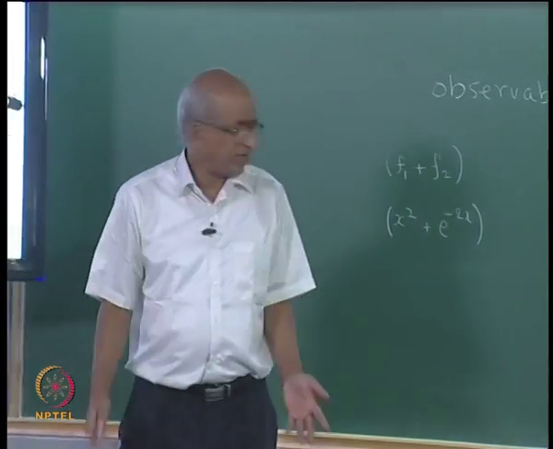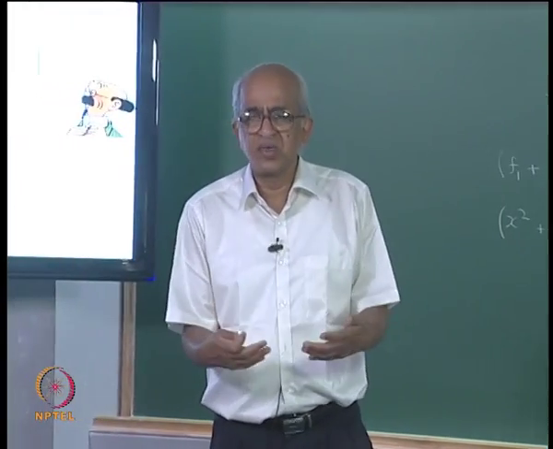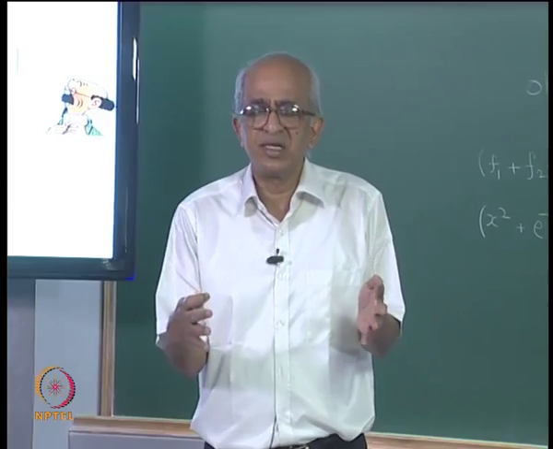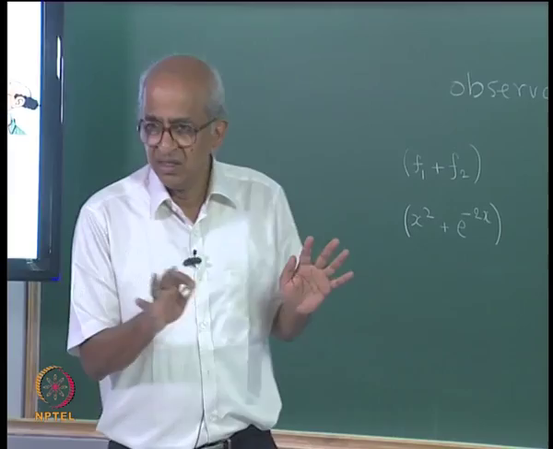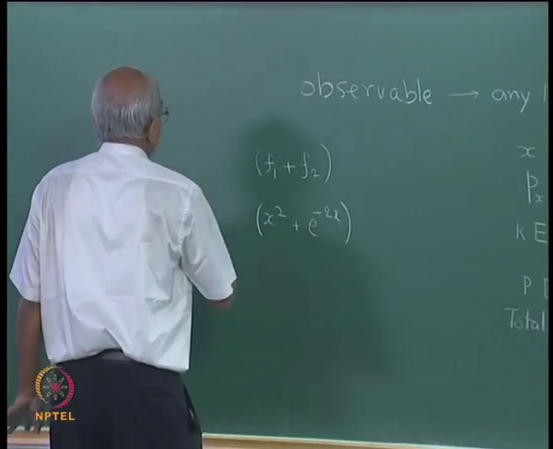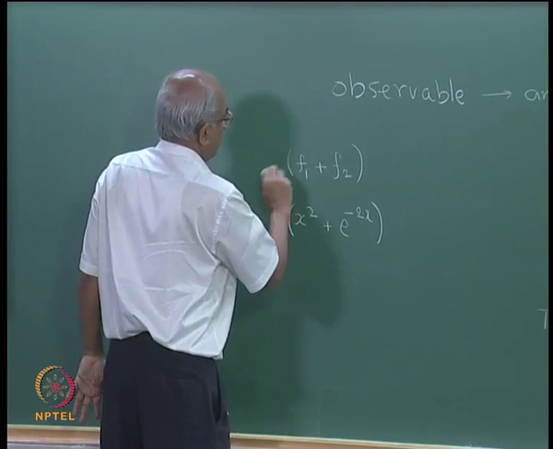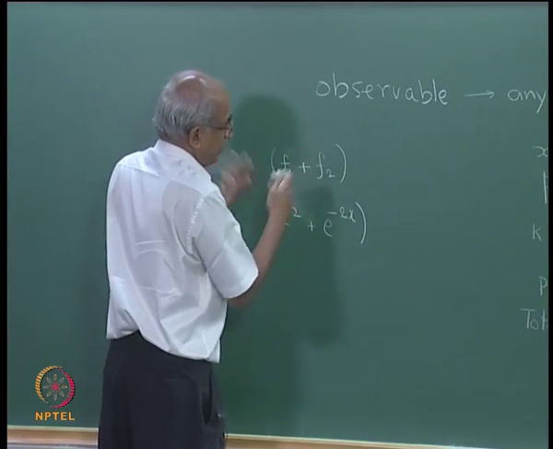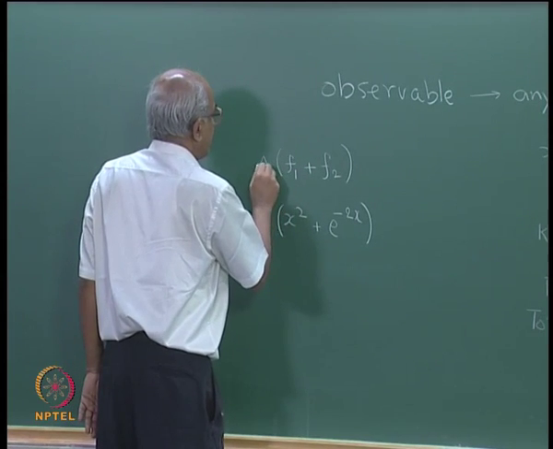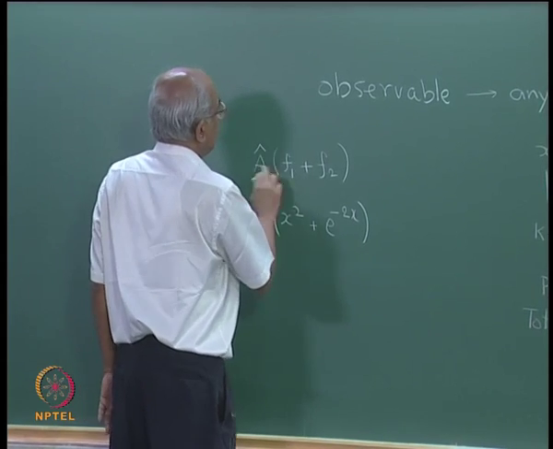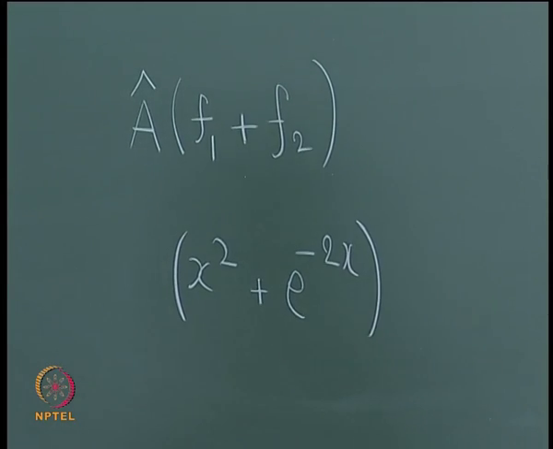They do not have to be these; f1 and f2 may be anything, but because we are doing quantum mechanics, we will usually impose the condition that f1 and f2 are acceptable wave functions. That is what we will do later, but for the sake of definitions, f1 and f2 can be anything, and imagine that I have an operator A acting on the sum of f1 and f2,